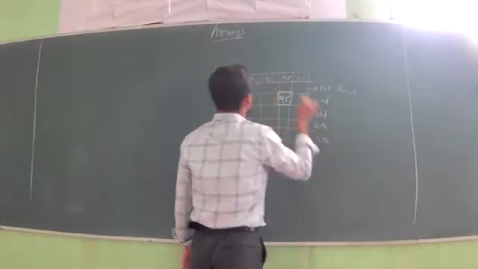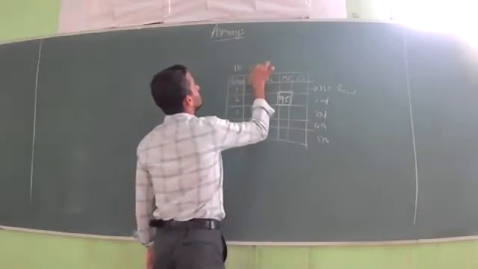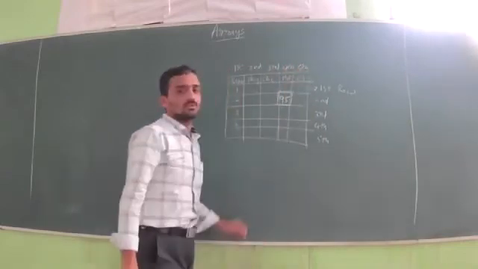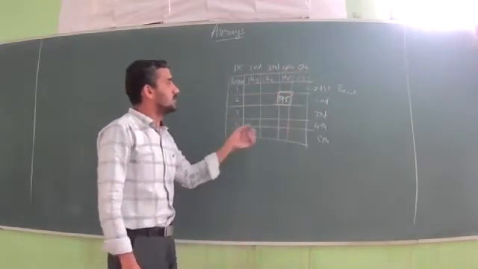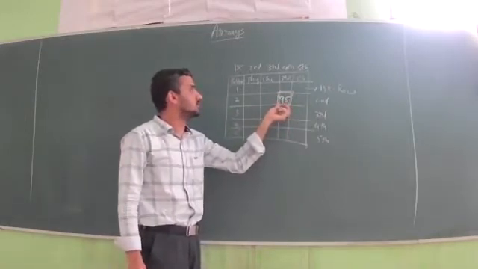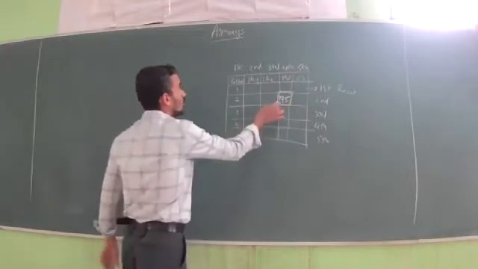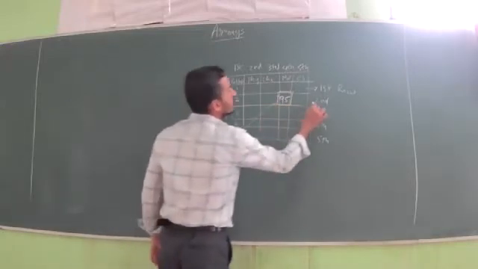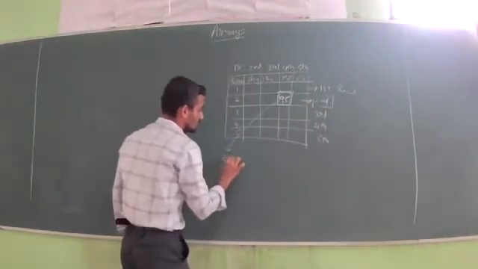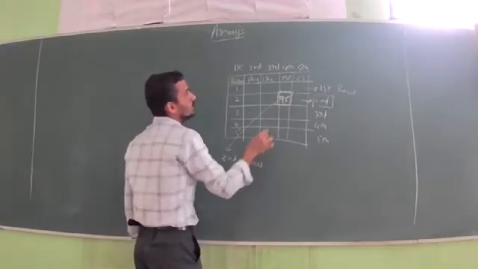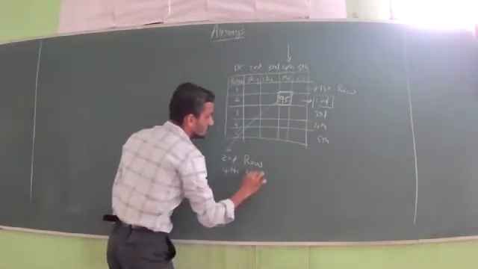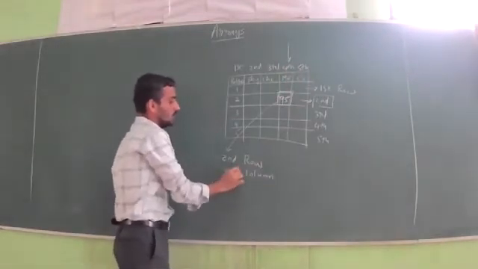second, third, fourth, fifth row. Similarly, first column, second column, third column, fourth column, and fifth column. So consider 5 rows and 5 columns. If I want to identify the position where the mark 95 is, you look at the row, in which row it is present. It is present in the second row. And you look at the column, in which column it is present. It is present in the fourth column. So second row, fourth column.